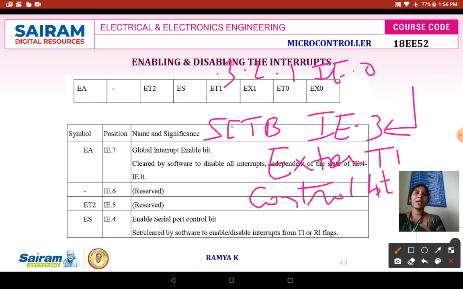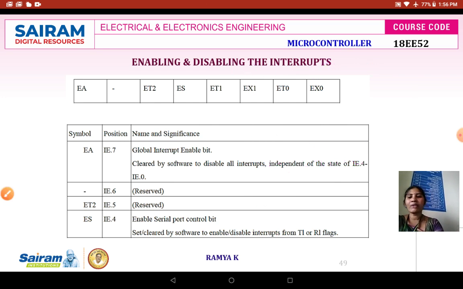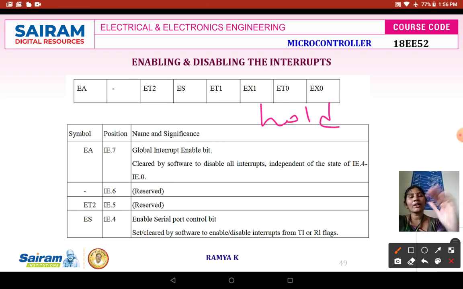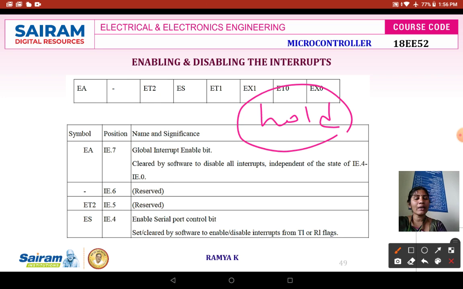Okay, so when this is enabled, whenever your timer flag is set, your 8051 will automatically be put on hold. It means that the current operation, whatever it is executing, will be on hold and it executes your timer interrupt flag.